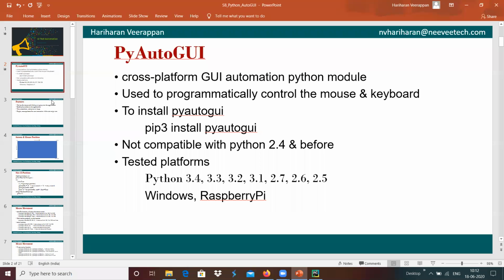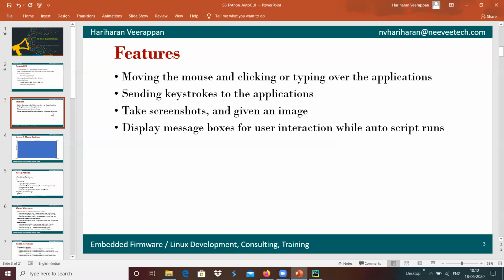It has various features: we can move the mouse, click, or type over the application, and it can send keystrokes to the application. It can take a screenshot of the given image, and it can generate a message box for user interaction whenever we run the automation scripts.